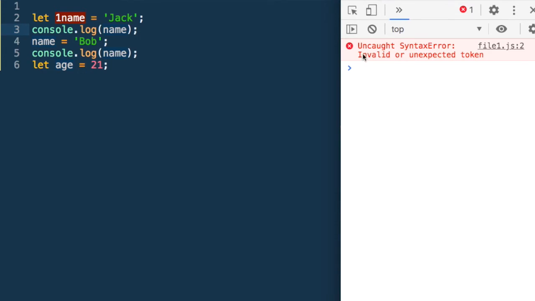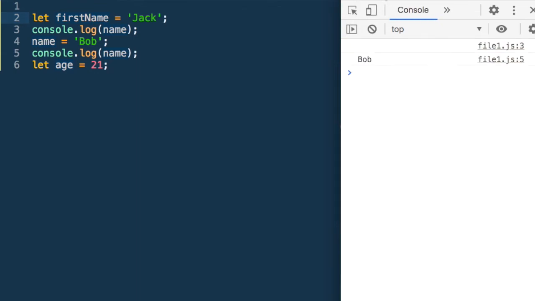So now if I compile it, you can see you are getting an error here, and these error messages are also helpful in helping us find and correct our program. So here at line number 2, which is this line, we get this invalid or unexpected token, which is because of this name. Now suppose we say that the first name is Jack. So I could have written first name is equal to Jack. I have put a space here. Now that is also not allowed. So I cannot say first name is equal to Jack. This would be a right way to do it. So first name is equal to Jack.